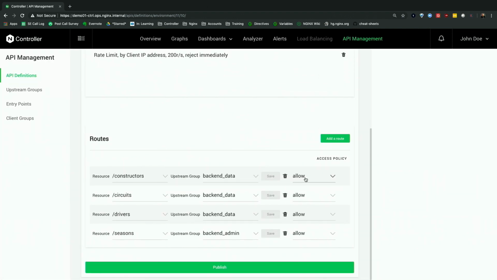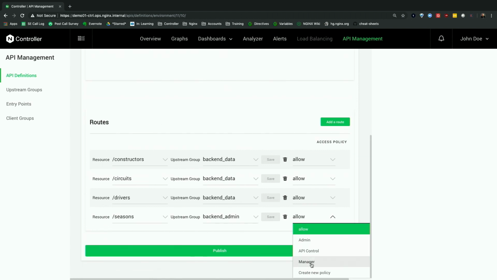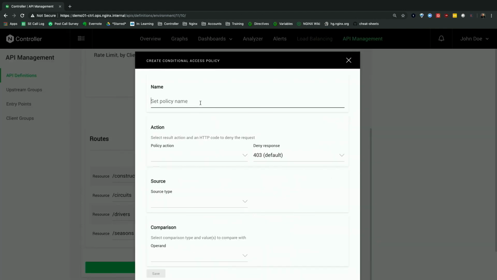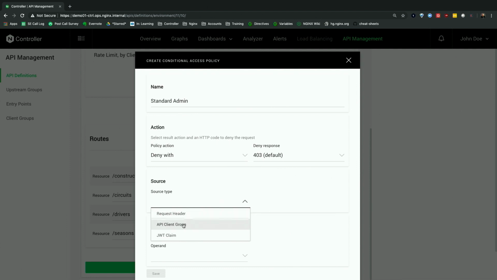All we need to do is make sure we define that this constructors, seasons here, is using a new policy. There are some default policies in there that you can use. In this case, I want to do a new policy. I can call it, let's just say, standard policy for admin. And I can say deny with a 403 unless the JWT claim with role